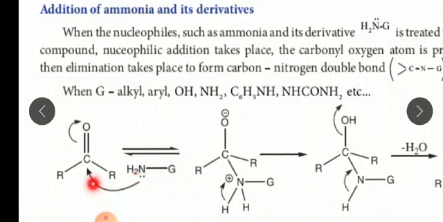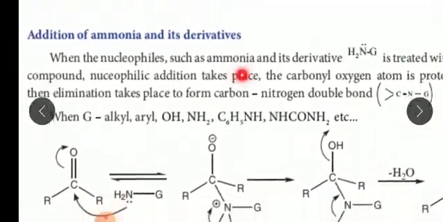So it is bonded here, and then the pair of electrons shifts towards the more electronegative atom, oxygen. This compound will be bonded directly here. This carries a negative charge, and the pair of electrons is on the oxygen. Then the electron shift takes place, and lastly the water removal takes place. This is the addition of ammonia derivatives.